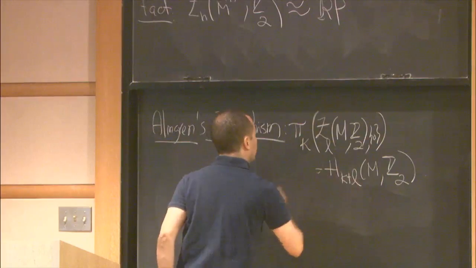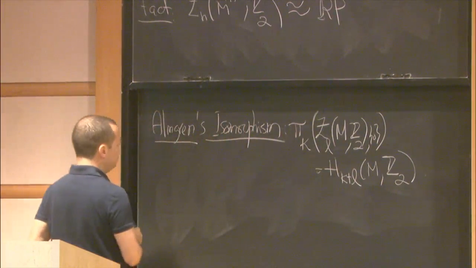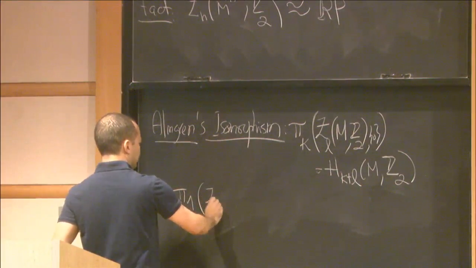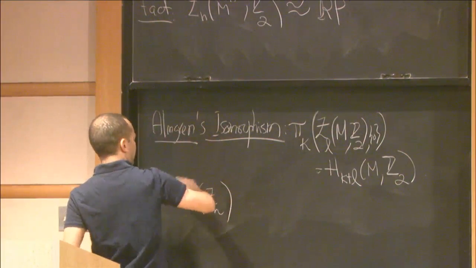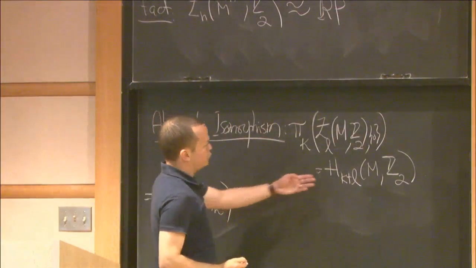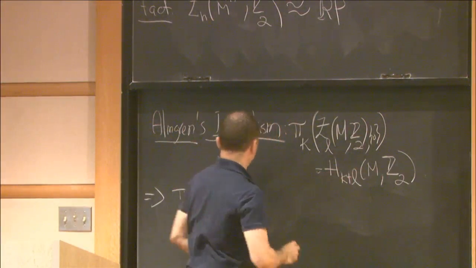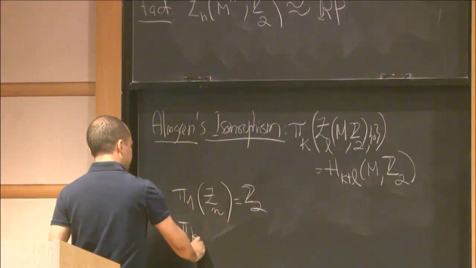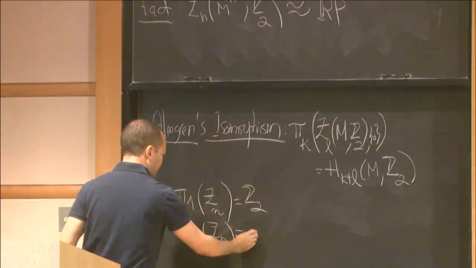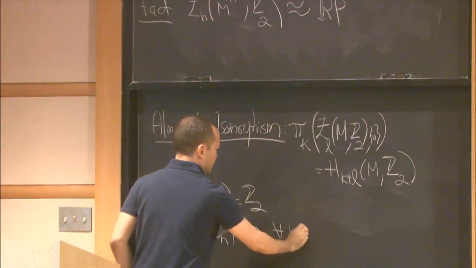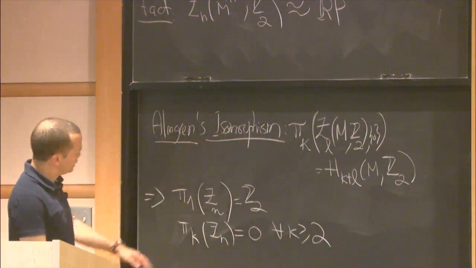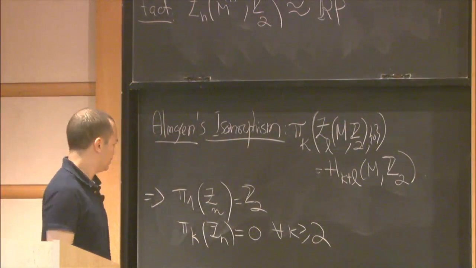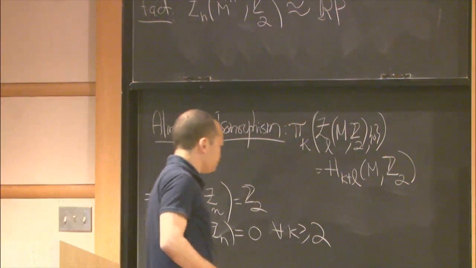So in particular, if I take codimension 1, I will see that pi 1 of the space of cycles is Z mod 2, right? Because this is the top dimensional homology of M. And of course, I have nothing in high dimensions, so pi k of the space of cycles is 0 for every k greater than or equal to 2. And these are precisely the homotopy groups of RP infinity. Okay, so it follows from this calculation.